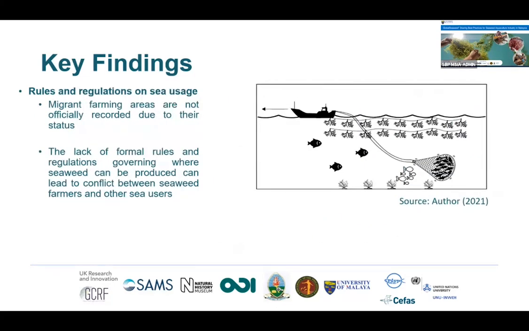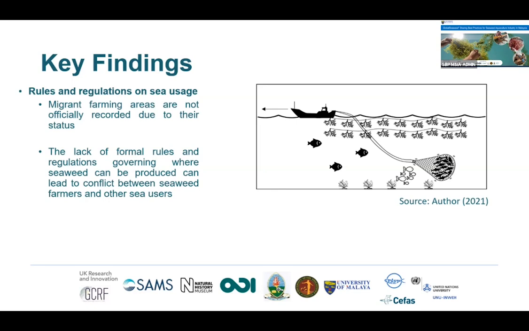The second finding is about the rules and regulations on sea usage. Given that migrant farmers can cultivate unofficially and their areas are not officially recorded due to their status, this affects the enforcement of the formal rules and regulations governing where seaweed can be produced. This has caused conflict between migrant seaweed farmers and other sea users that cannot be reduced, such as seaweed trawling, fishing,